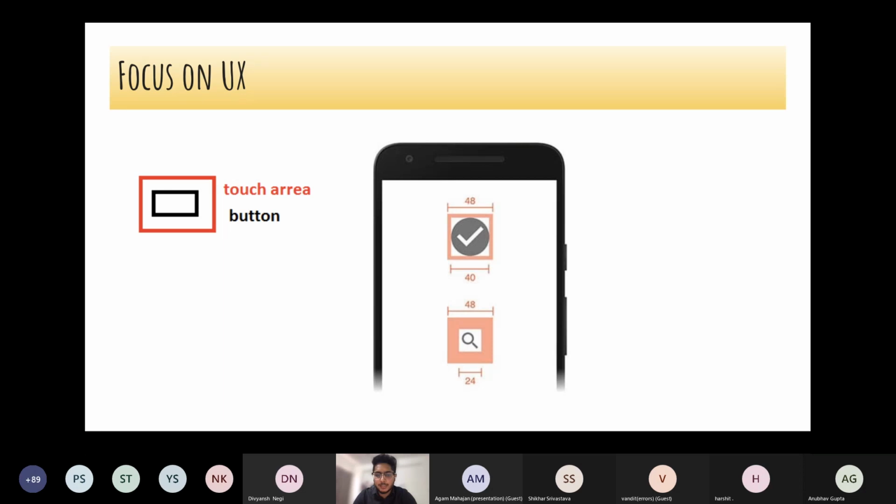So one tweak you can do is increase the tappable area or touch area of your view. You can give 20 pixels on all four sides to increase the tappable area. Even if the user is not able to tap on the exact area, your same action can be performed. This is a must, and you should do it for all your small buttons: search, cross, share. Because the icons are all small, you should increase your tappable area in that case.